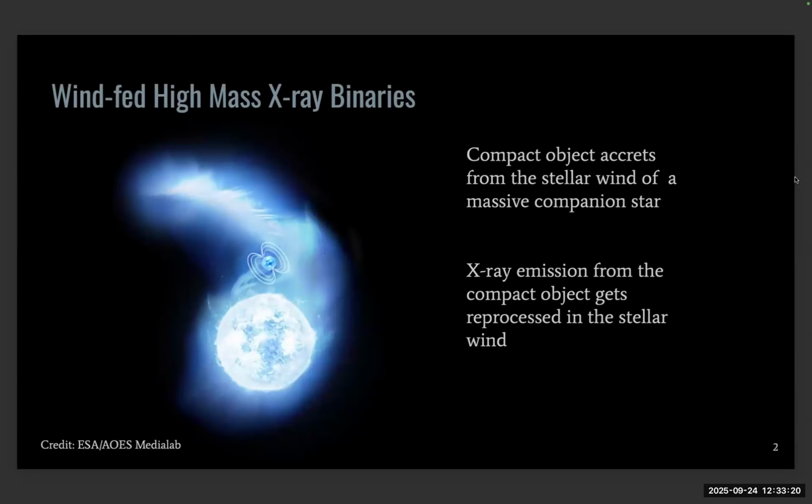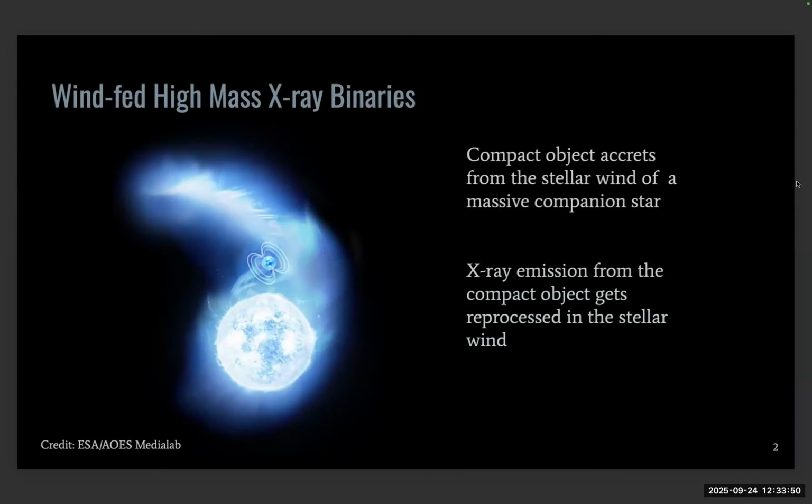But just to set the stage, we're talking about systems that consist of a massive star, a donor star, like an O or B type star with a strong stellar wind, and a compact object like a neutron star or a black hole that accretes from the wind of that donor star. And then the release of the potential energy of this accretion process powers X-ray emission, and the X-rays get